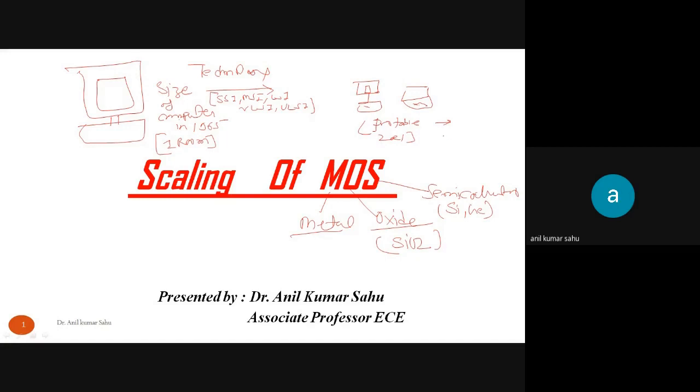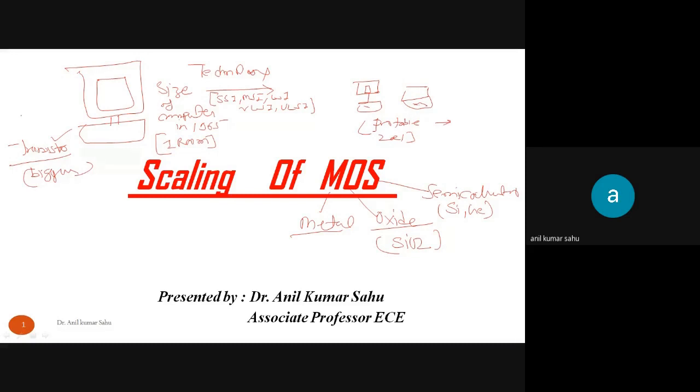You can see the size is very portable now, right? The size is reduced. So this reduction of size depends upon what kind of transistor we are using, what kind of device we are using, right? We are using the transistor for the design of processors and all. At that time the size of the transistor was bigger, right?